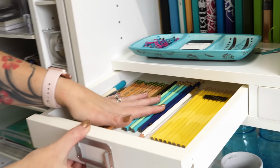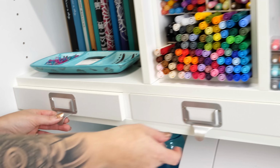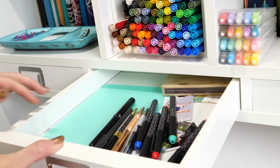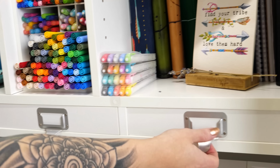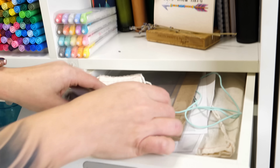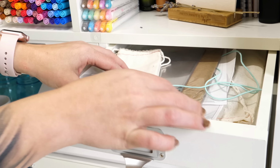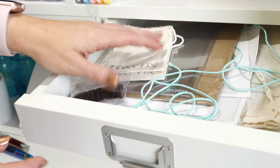This drawer is full of nothing but pencils. My second drawer are just some additional pens and kind of random stuff that I want to throw in here. The last drawer is full of notions for my Traveler's Notebook. I have some different adhesive pockets and elastic kits for restringing the notebooks and things like that in